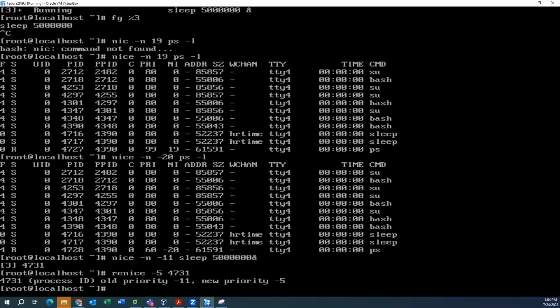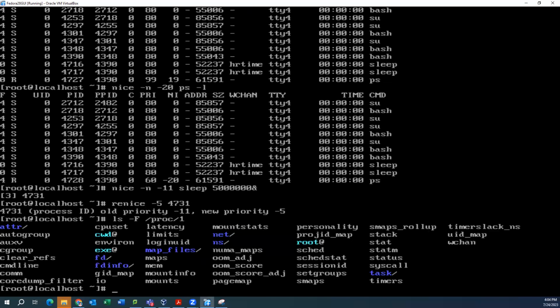Okay. Similarly, I can list down the different types of process IDs which are there in the proc folder by going into ls -F /proc/1, and it will list what are the different types of daemons in the system. Similarly, I can go in and look at the interrupts